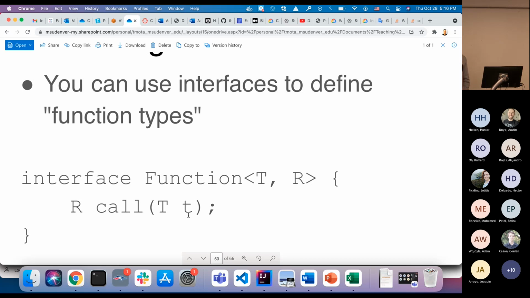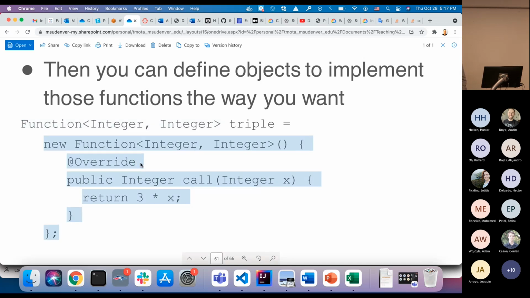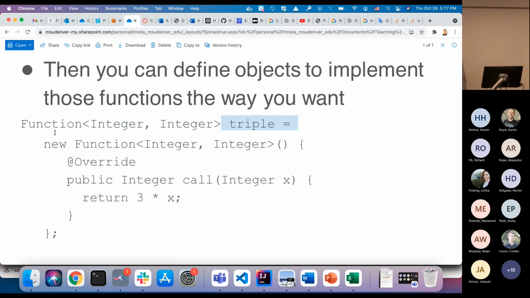So we're going to create an object that implements that interface. Sorry, create a class type. So triple is defined as this type, and this is the implementation of triple. Because triple is defined using the function interface, we need to come up with the implementation of the